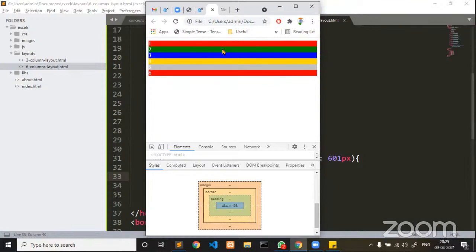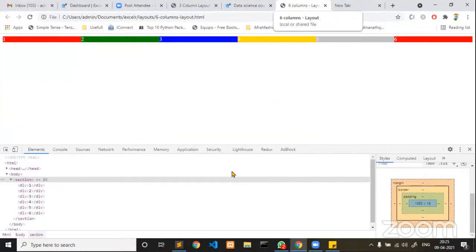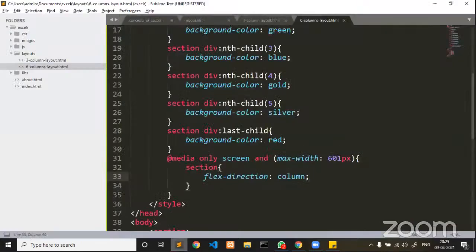Now this is more readable than displaying them side by side. In order to write a conditional CSS, we are going to write media queries. Again I'm repeating, the media query is a concept, if you are planning to write conditional CSS for your web elements, so in order to achieve web pages,